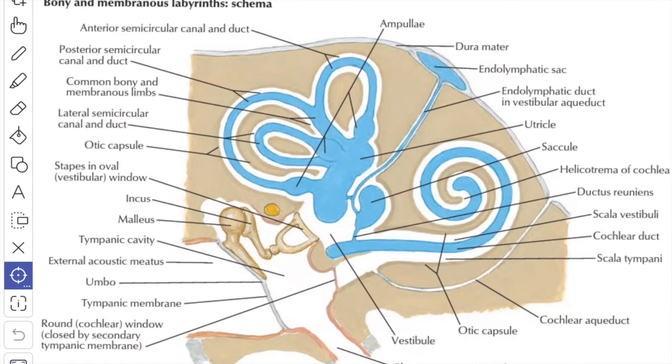The endolymph is absorbed by the epithelial cells lining the saccus. The macula is about 2 mm by 3 mm in size, and it is situated in the medial wall of the saccule, and it is innervated by the lower division of the vestibular nerve.